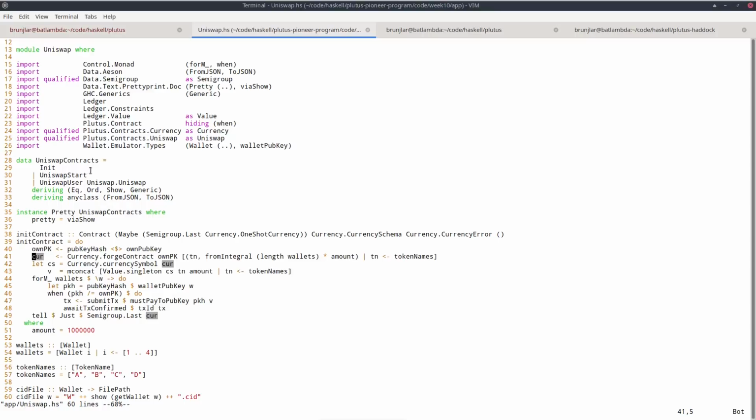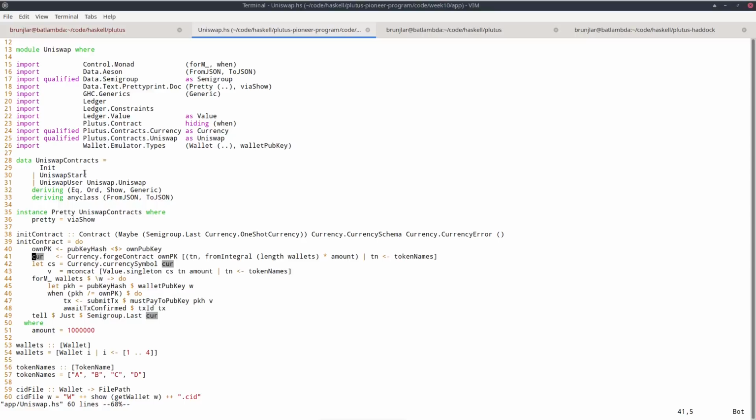Then UniswapStart corresponds to the Uniswap start or Uniswap owner schema that I showed you just now for setting up the whole system, and UniswapUser corresponds to the other part, to the various endpoints to interact with the system. And this last constructor is parameterized by a value of type Uniswap, which is the result of starting.